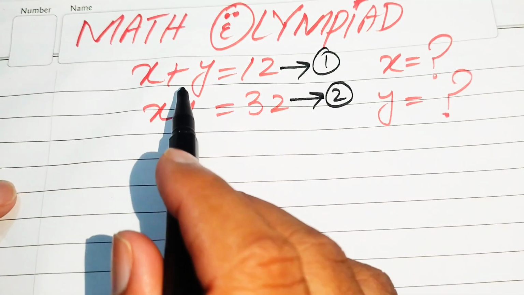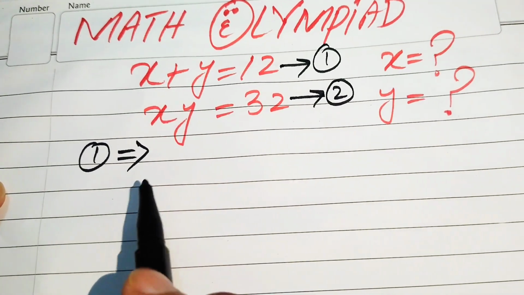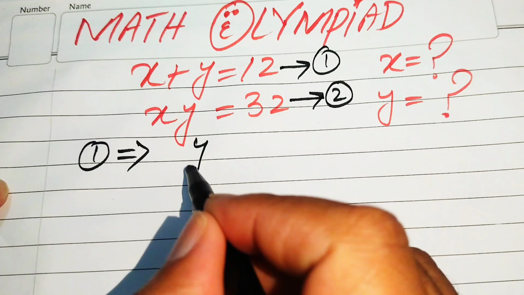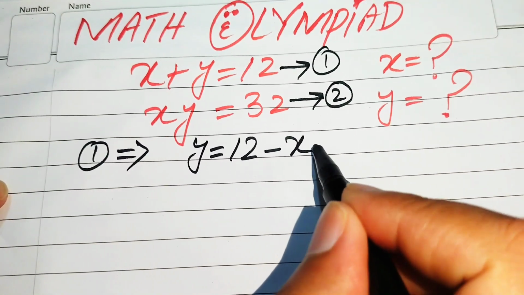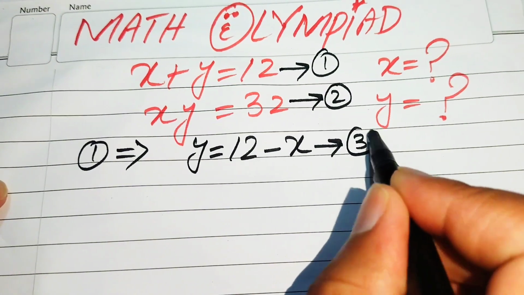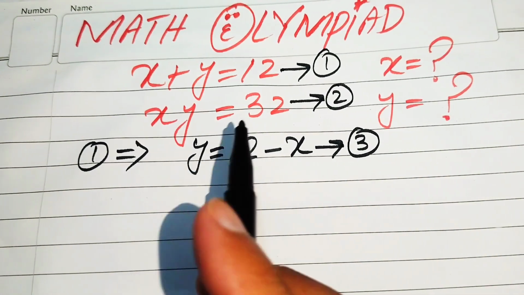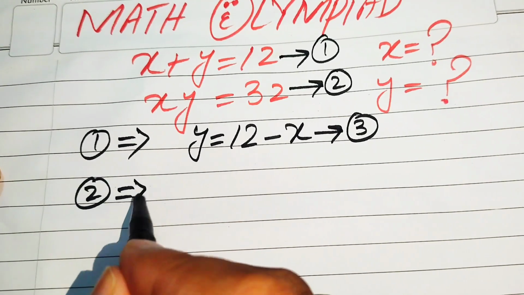equations. So first we focus on equation number 1, and our equation number 1 implies that here we move this x to the right hand side and we get the value of y equals 12 minus x, and we call this our equation number 3. And now we substitute this value of y in equation number 2, so that here our equation number 2 implies